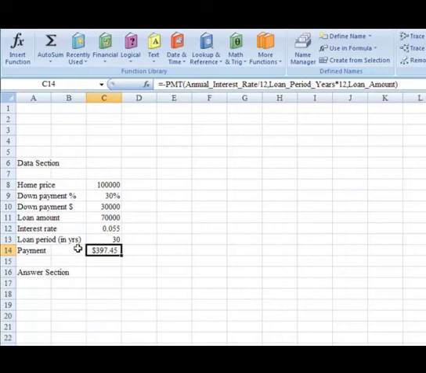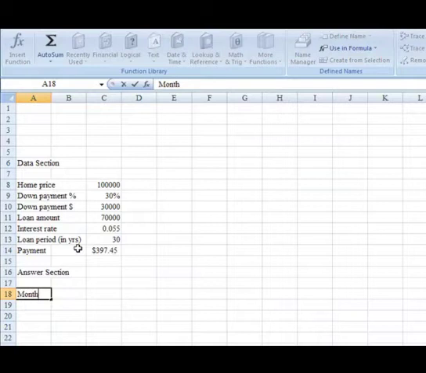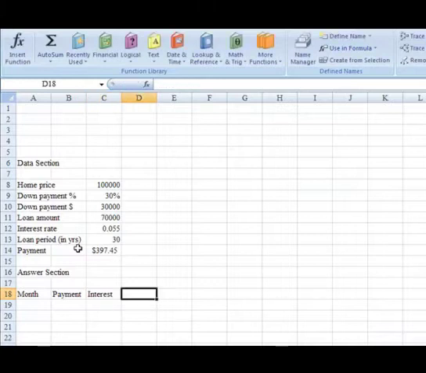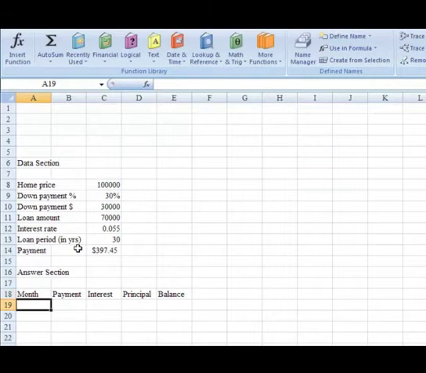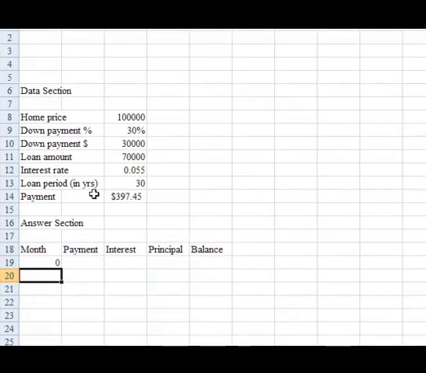With that, we're ready to create our amortization schedule. In the amortization schedule, we will usually note the month, the payment, the interest paid in this payment, the principal, which is the amount of the loan, and the balance. Our months are going to start with 0, which is the very beginning, and then 1, 2, and